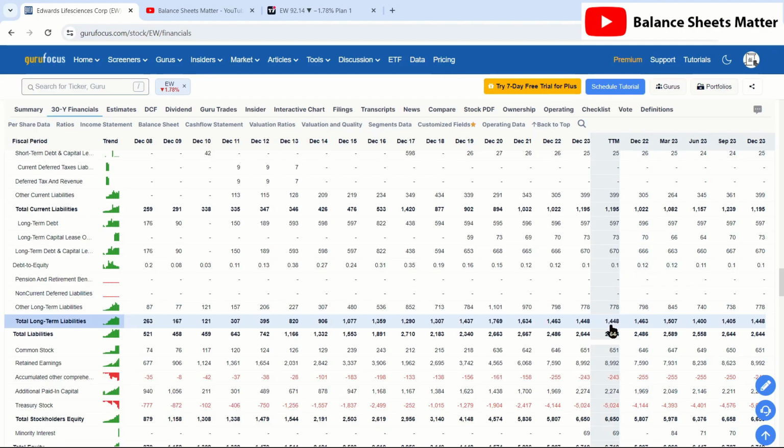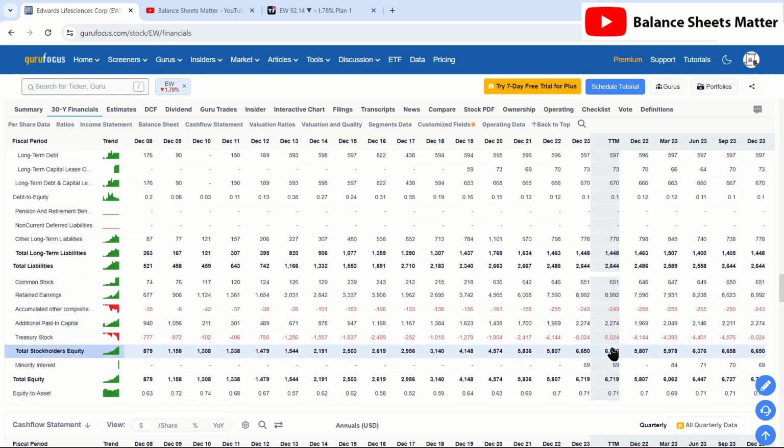And we can see even long-term liabilities are only just under $1.5 billion there. And what do we have? A little bit of long-term debt. They have this for whatever reason. They could basically pay it all off if they wanted, but sometimes they get such favorable rates, they're probably paying pretty low interest rates on it. And then they also have a little bit of capital leases and some other long-term liabilities. But overall, total liabilities are $2.6 billion, just over that, almost nothing,